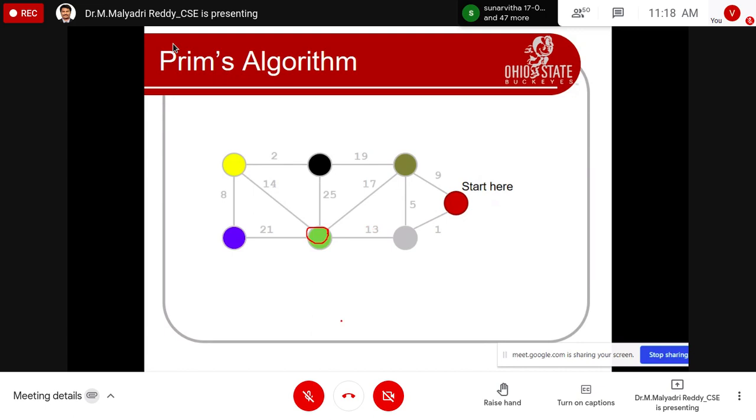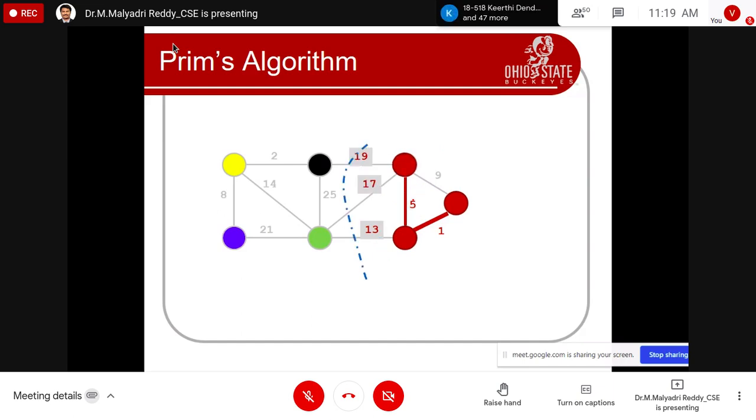Sorry, we'll choose. There is no more time. So suppose you start here, 2 edges are there, 9, 1. From this I choose only one. So by combining these, I merge these 2 nodes. It forms the tree. 1, 2, 3, 4, 5. The 5 nodes are not included. Only 2 nodes are included. So it is a subtree. From this I have to check. These are the 13, 5, 9. 3 possibilities are there. From the set of nodes, 5 is the smallest. That vertex will be included in the subtree.